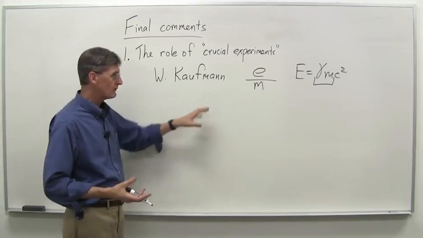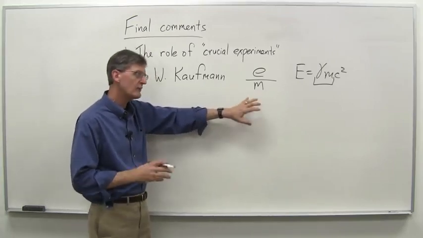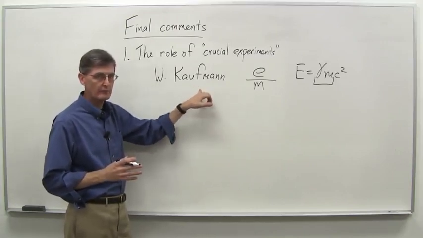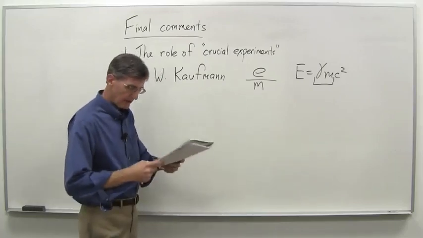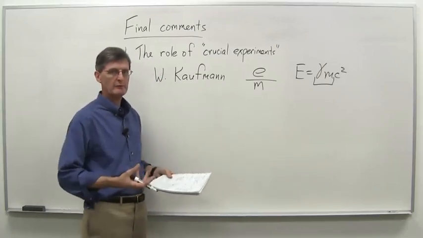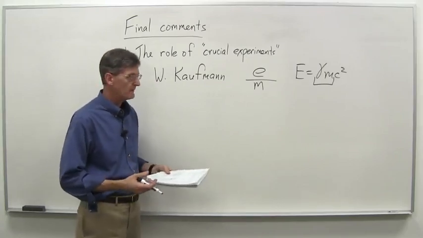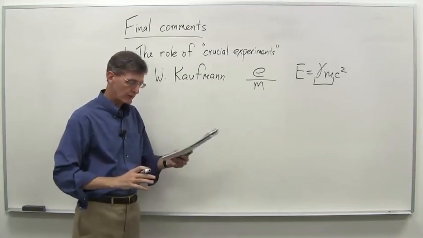Max Planck actually looked at the data a little bit more, did his own reanalysis of the data, and said, well, it's not quite as definite as Kaufmann maybe makes it out to be, but seems to be getting pretty good data. Einstein himself, however, said this in 1907. You may remember I've mentioned a review article on the theory of relativity, and in that he analyzed some of Kaufmann's experimental results, gave those results.